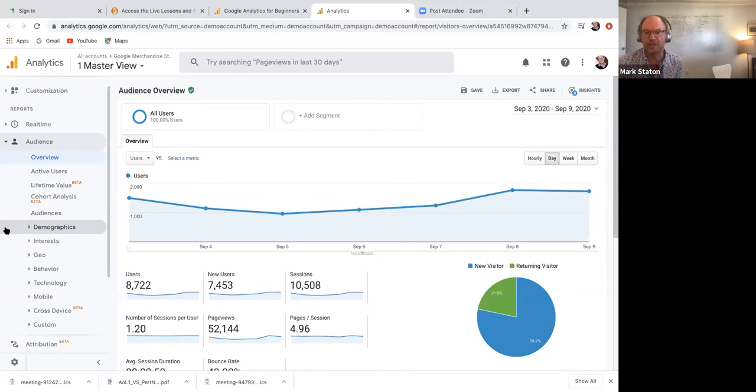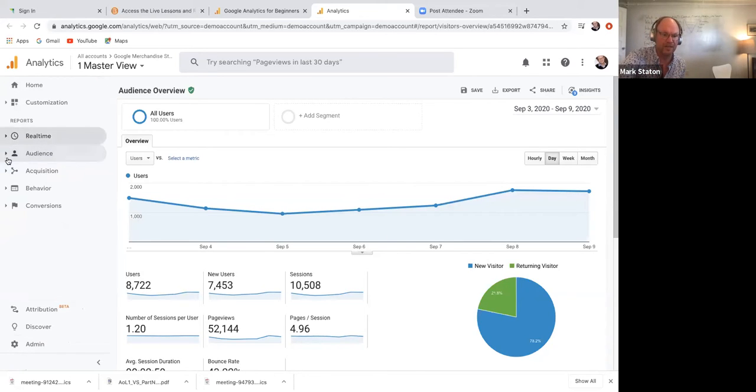Maybe your conversions are slow or lower than you would like, and then you realize that your page loads really slowly in Safari, or doesn't look great, or doesn't load particularly well on a Samsung Galaxy. So I think all that stuff is really helpful in terms of the audience.